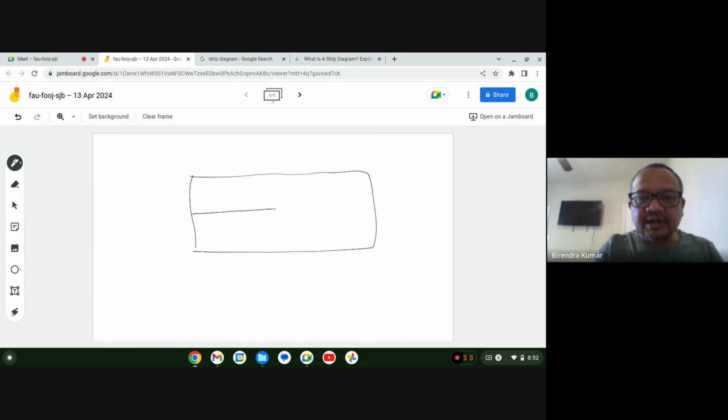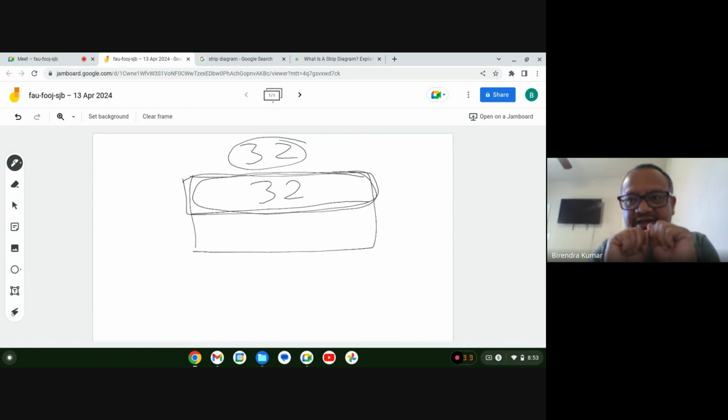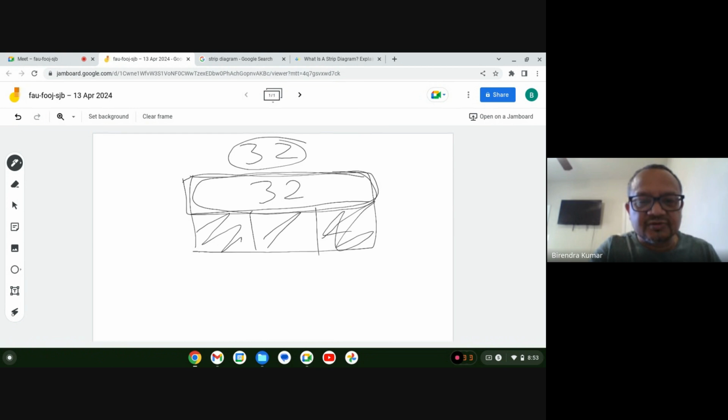Now let's look at this. Let's say I have $32, and I want to give it to two people. So I have $32. This is one complete bar. Look at this like the bar or the candies that we eat. Let's say you have to break this into three pieces, to distribute it among three siblings. What will you do? You break this into three pieces. One piece goes to the younger sibling, one to the eldest, one to the middle one. So this strip diagram is nothing but a diagram which gives you a pictorial view of how you distribute,